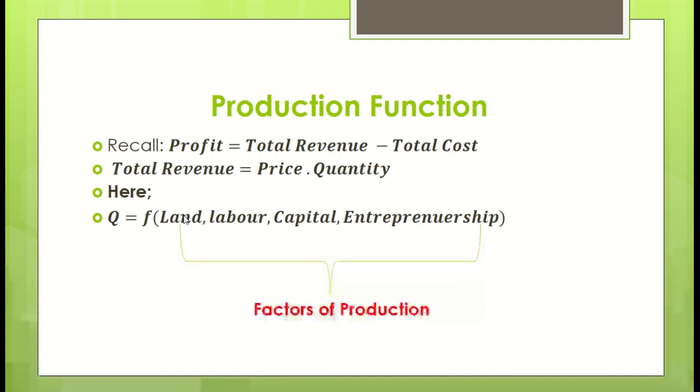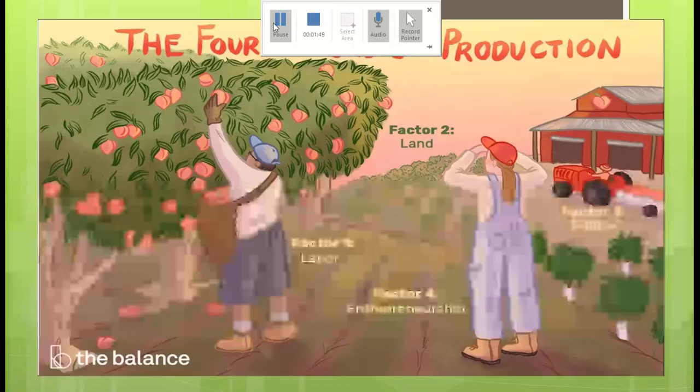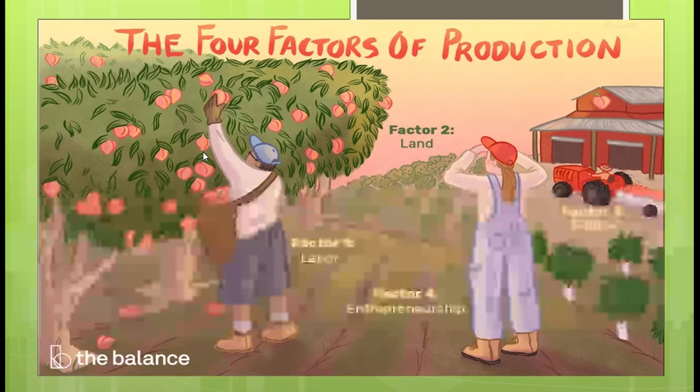factors that is land, labor, capital and entrepreneurship are known as factors of production altogether. They are the inputs basically needed for supply. They produce all goods and services in the economy. So here is the picture. You can see all the 4 factors of production are